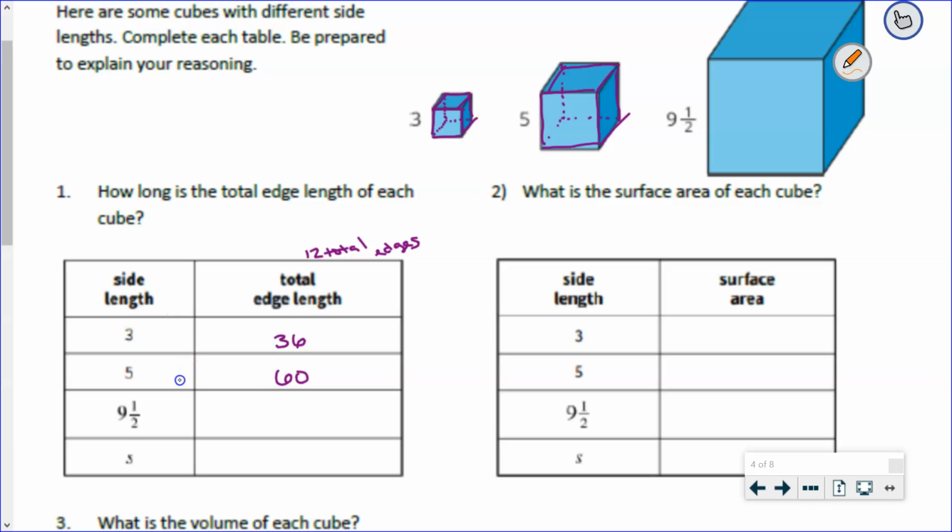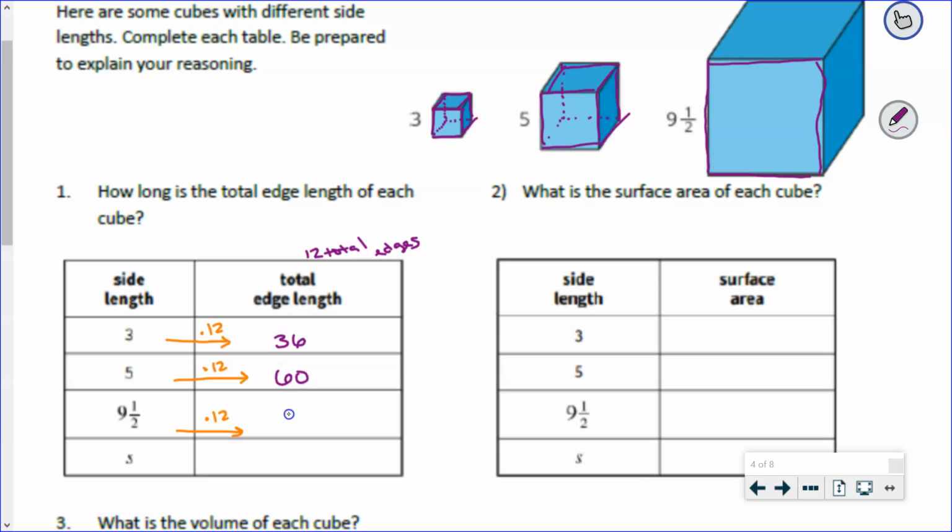Hold on, did I hear you say this? Here we multiplied by 12, and here we multiplied by 12? Is that something that you said to me? Okay. And what about here, where now the side lengths are 9 1/2, 9.5? So 9.5, 9.5, 9.5, 9.5. I don't need to go through that whole process again, right? Because all we have to do is take all 12 of those edges. Each one of those 12 edges is 9.5. Therefore,